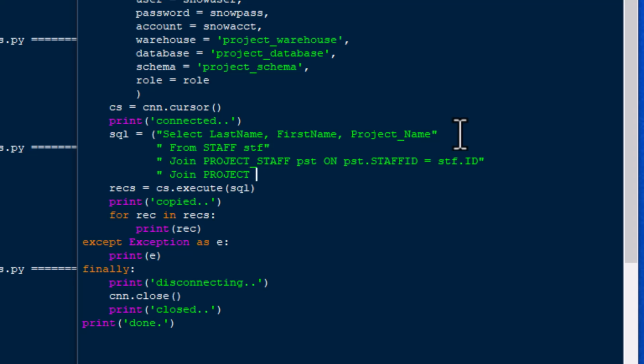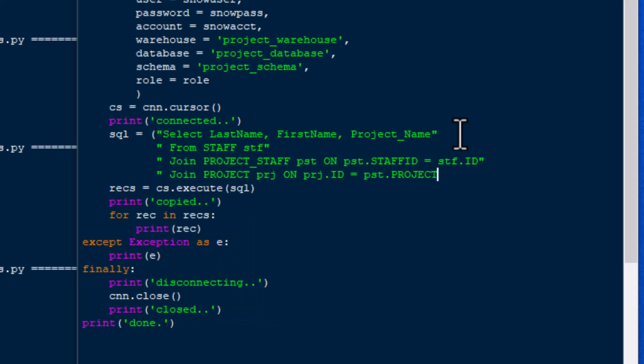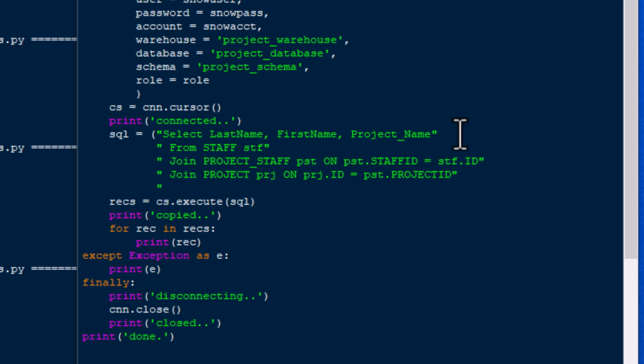We'll join that onto the ID of the staff table, and we'll also join the project, and using the project ID, we'll connect that or join that onto the PST.project ID field. And so that's going to create a junction. That's going to use our junction table with the detail from the two other tables, the project and the staff tables,